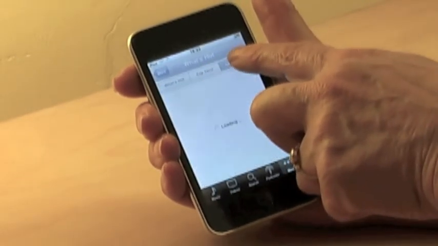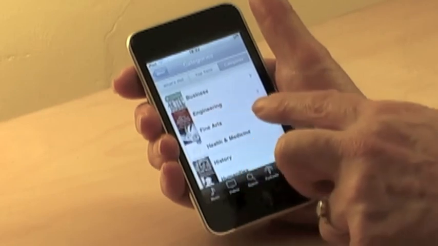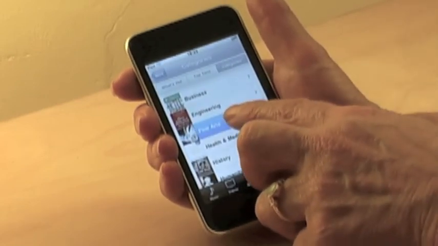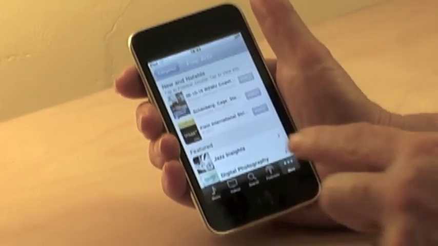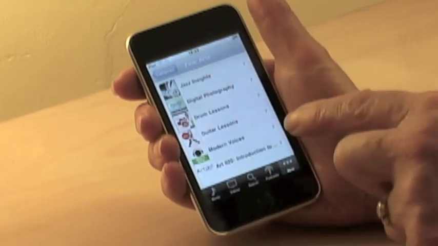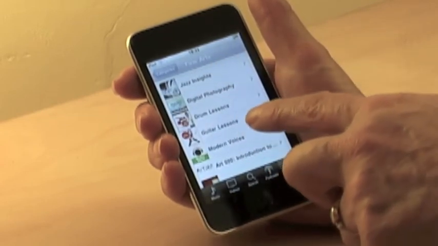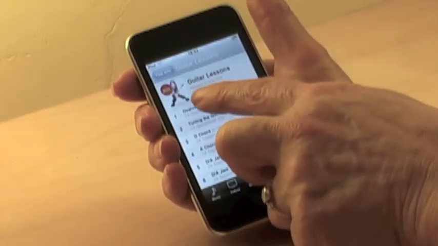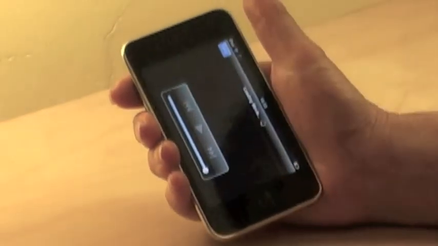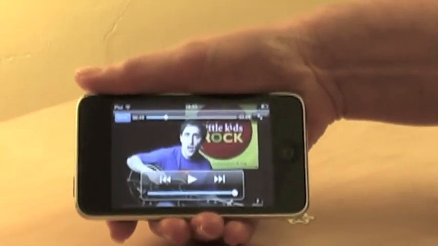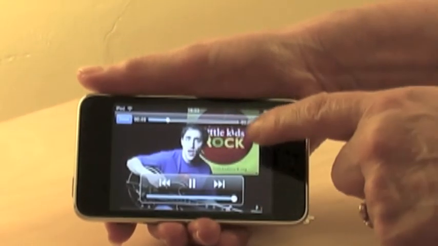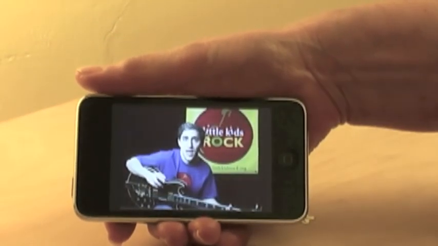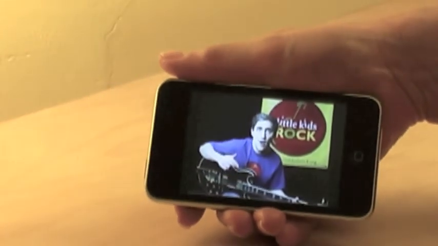Now I'm going to select categories for this demonstration. I just want to show you how the video works. So I'll take something like lively to demonstrate. So here's some guitar lessons, and here is your first lesson. You get to play with a bass player, a drummer,